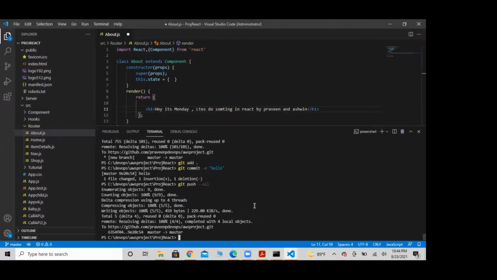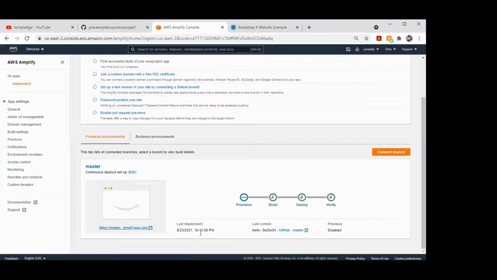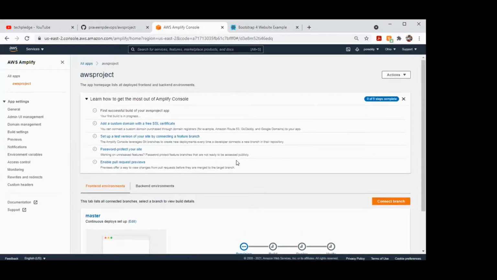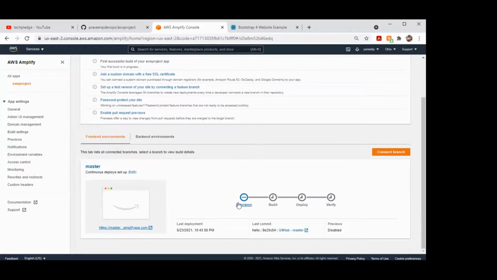Go back to AWS. Look at that below. Again, it goes into provisioning mode, right? So even if Praveen is on holiday or Ashwin is not coming to the office, it does not make any bottleneck in production, right?